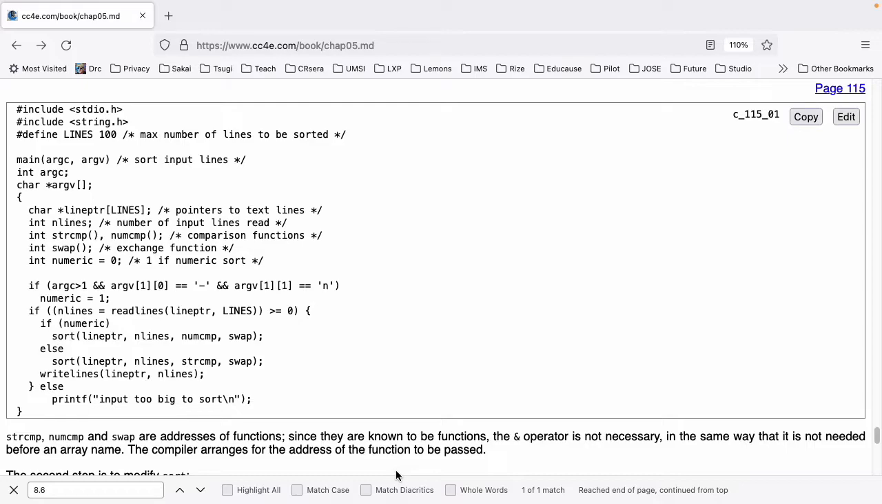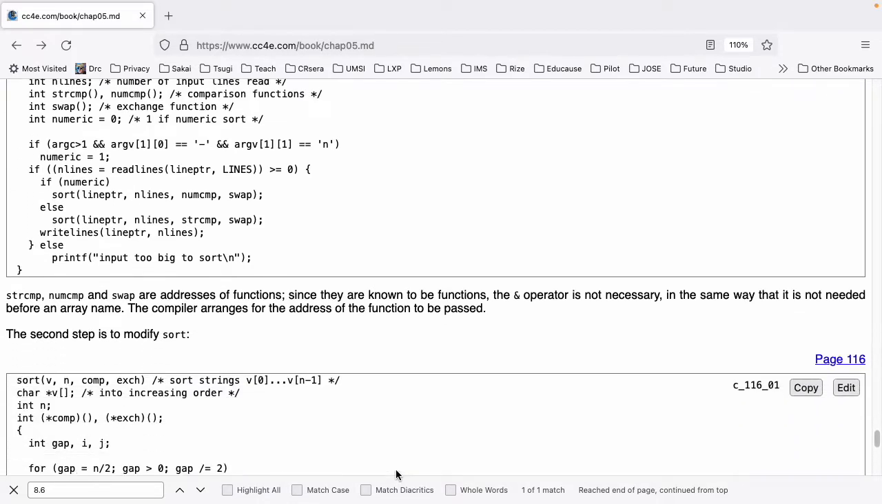if ((nlines = readlines(lineptr, LINES)) >= 0) { if (numeric) sort(lineptr, nlines, numcmp, swap); else sort(lineptr, nlines, strcmp, swap); writelines(lineptr, nlines); } else printf("input too big to sort\n");